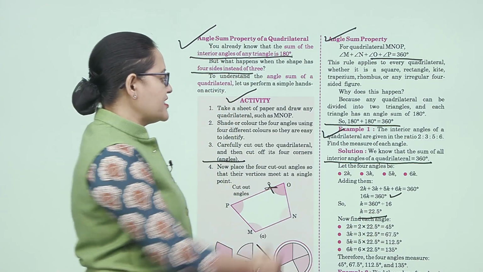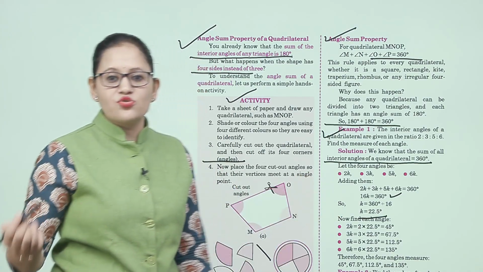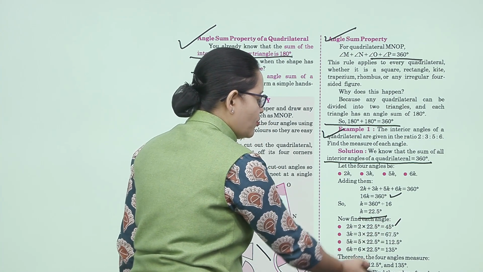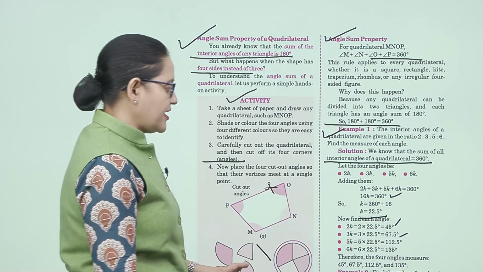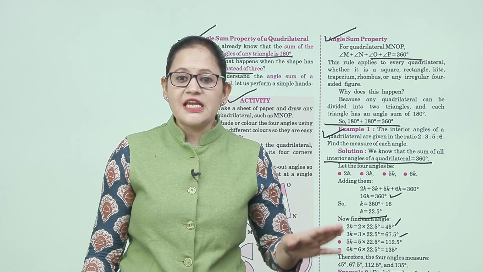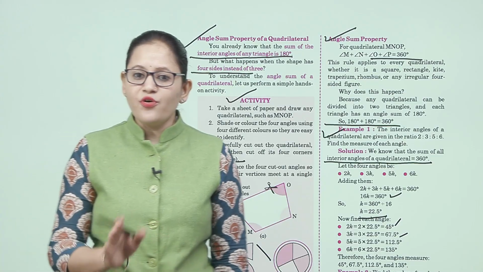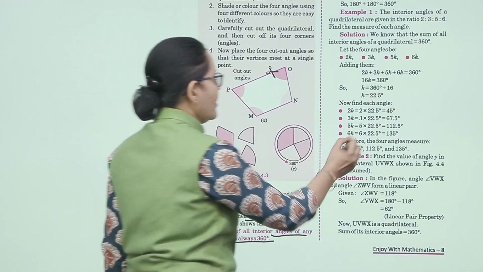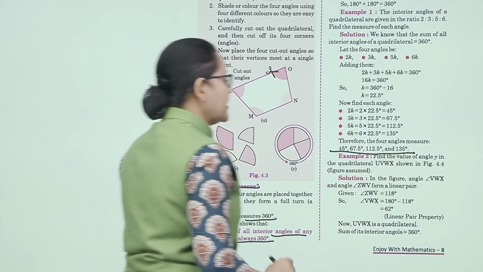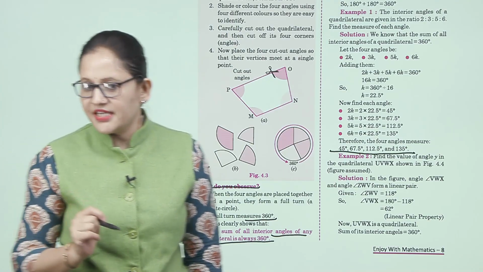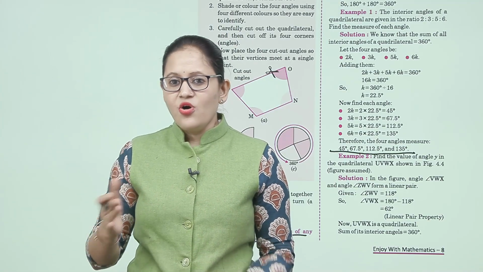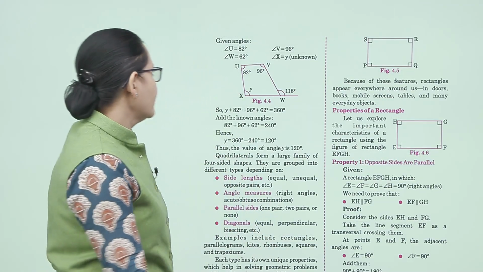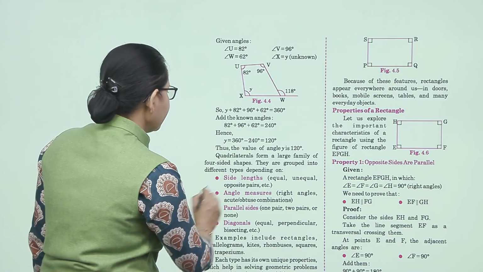Now to find the angles: first angle 2K means 22.5 into 2, that is 45 degrees. Second, 3K, 3 into 22.5, is 67.5 degrees. Then 112.5 degrees and 135 degrees. Therefore the four angles measure 45, 67.5, 112.5 and 135 degrees. Clear? This is how we can find all the angles of a quadrilateral. So practice all the examples. Next is